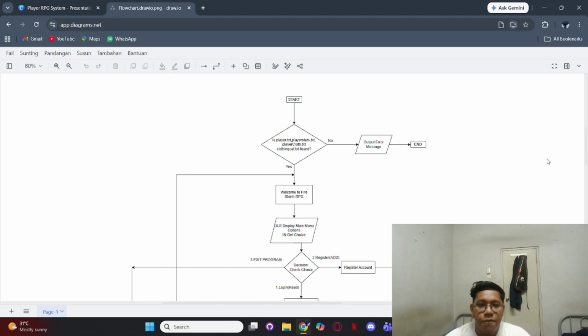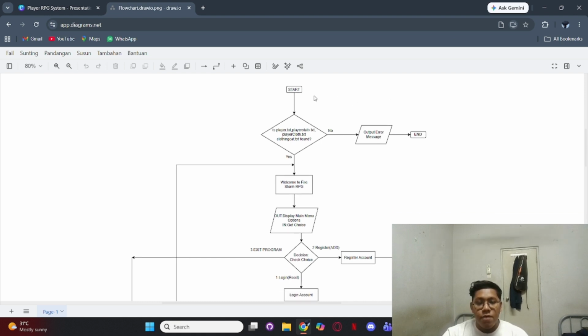This is our flowchart for Firestorm RPG. First, start. After start, the system will check whether player.txt, player stat.txt, player closet.txt, and closing cat.txt are found or not. If not found, an error message will appear and the system will end. If the system finds the txt files,